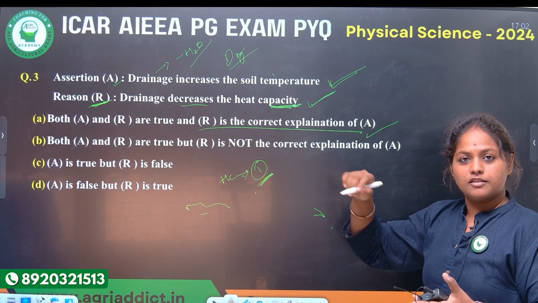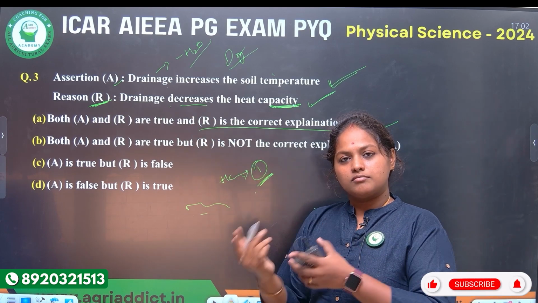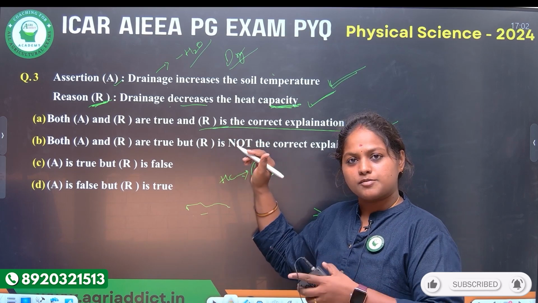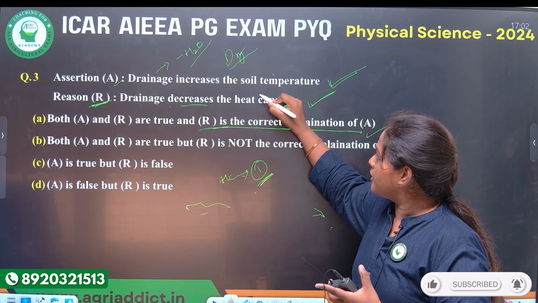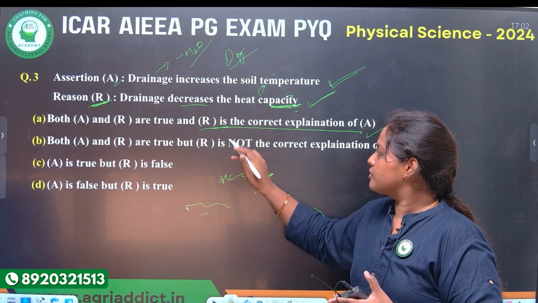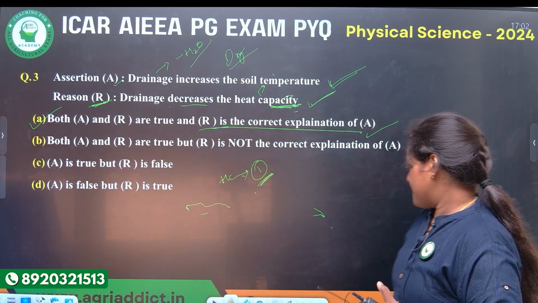Like this, you should analyze the reason for the assertion from both the front end and the back end, then only you can decide whether it is a correct explanation or not. Here it is explaining very well the relation between the heat capacity and temperature. So here we are marking it as the correct explanation of A. Next,